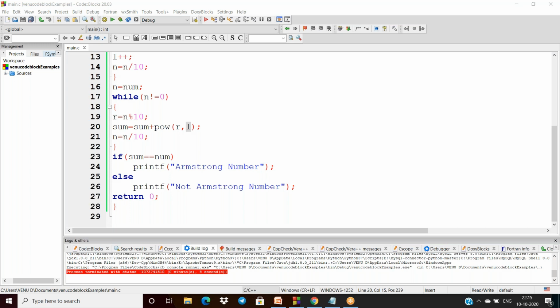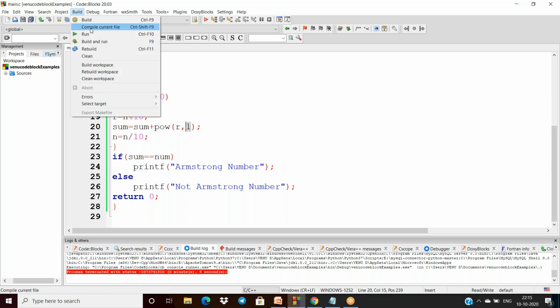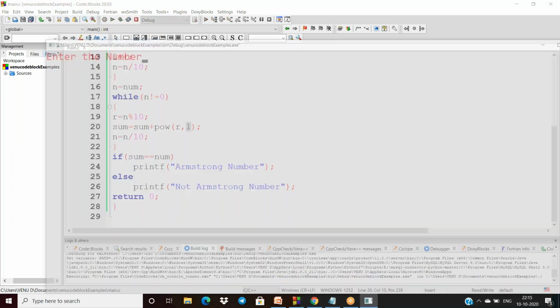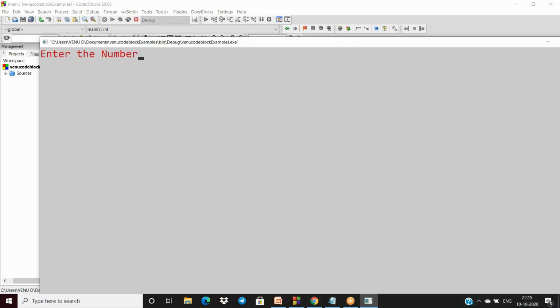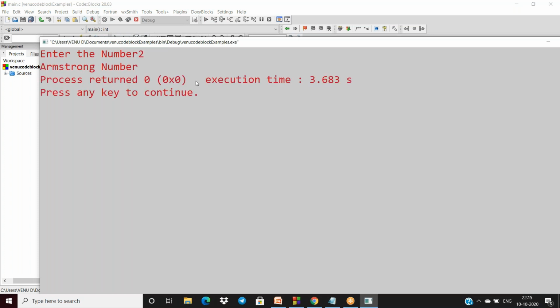Now like this, if you give any number, any digit number here, it will give the correct answer. See, I'm taking two. Two is an Armstrong number.